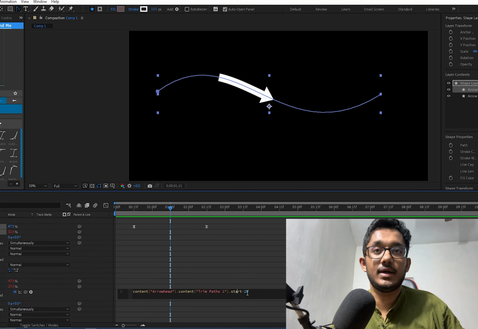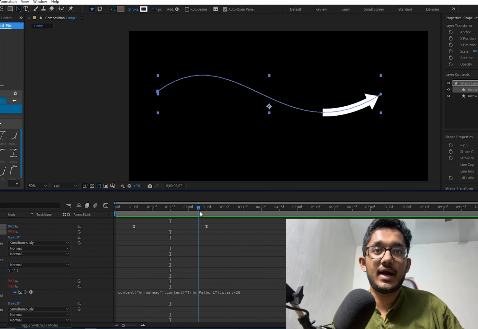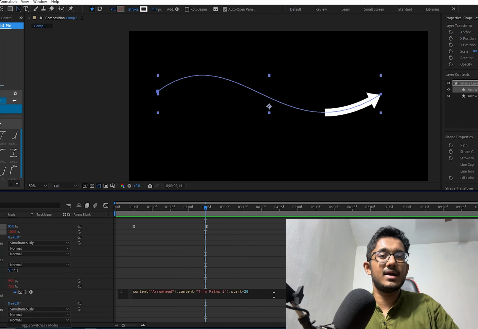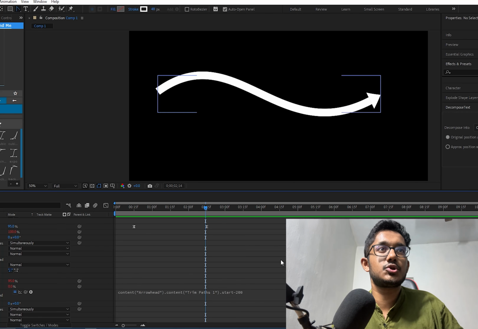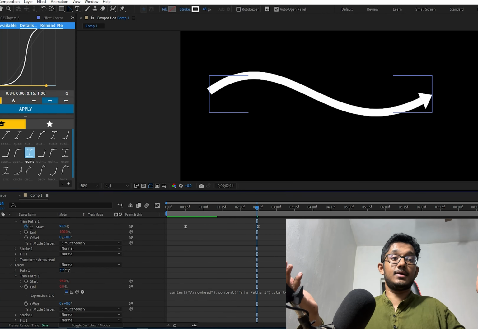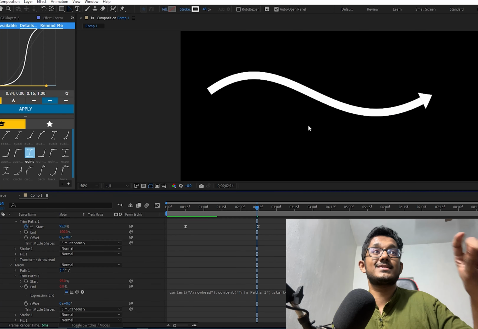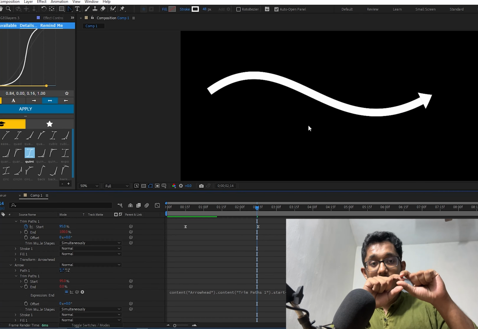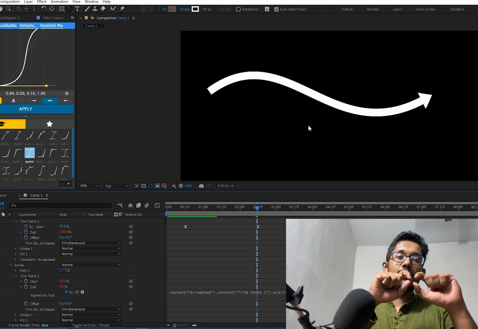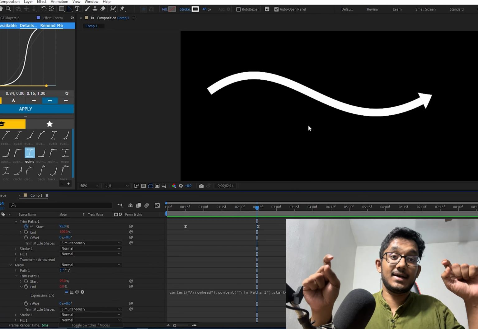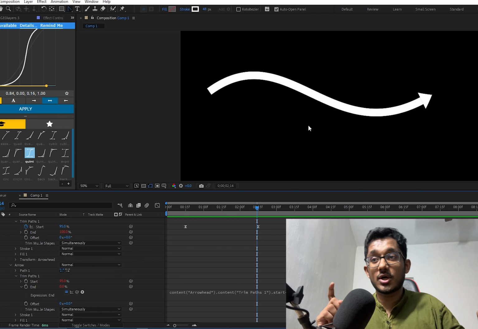Instead of -20, we're going to go to the end of the animation and make one. Just probably add another 0, and that should probably do the job. It did the job. What we really wanted is the arrow's line behind the arrowhead long enough to cover the entire animation, just so we can add